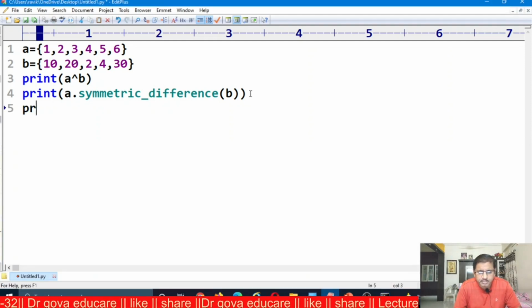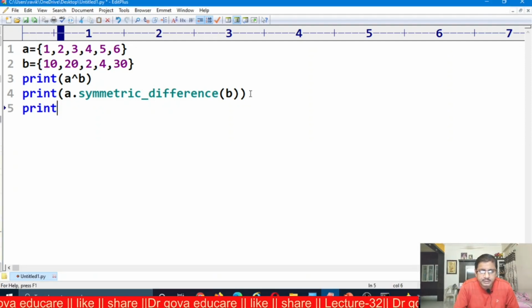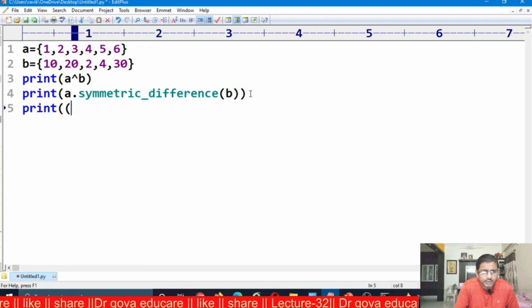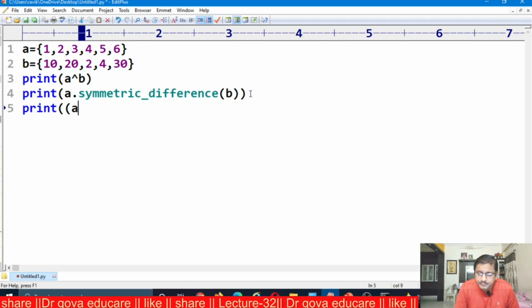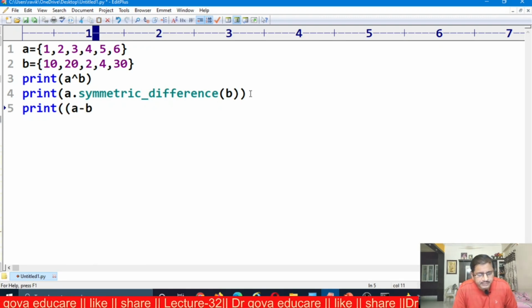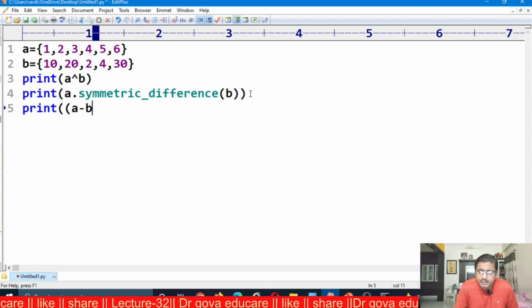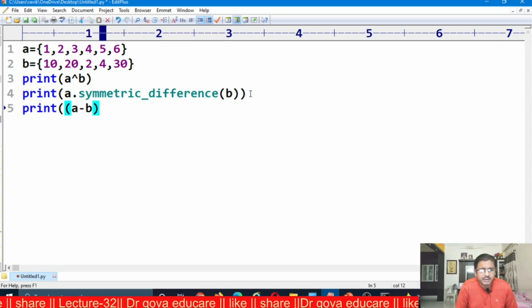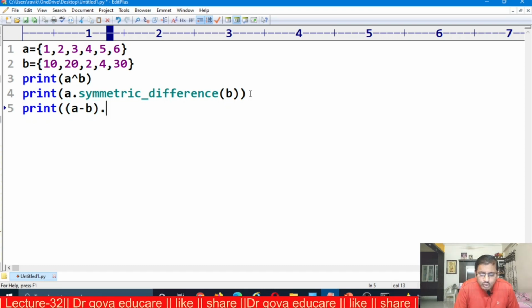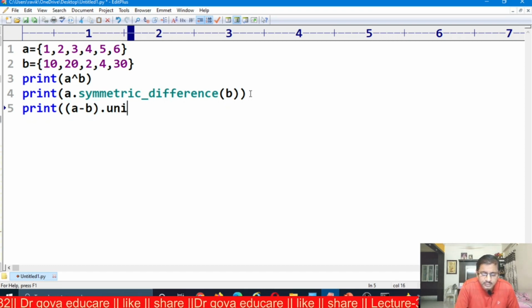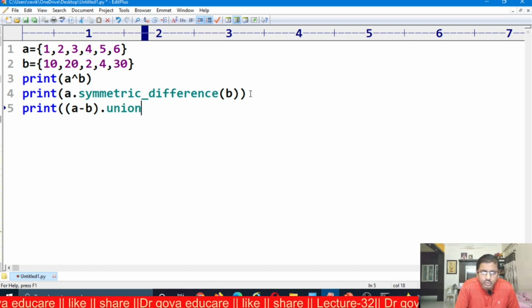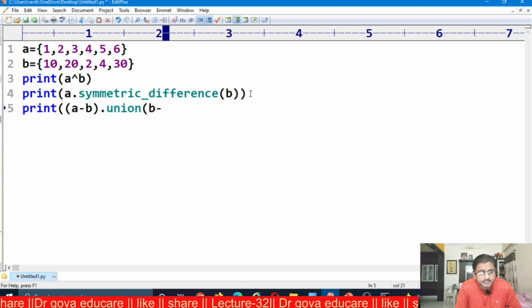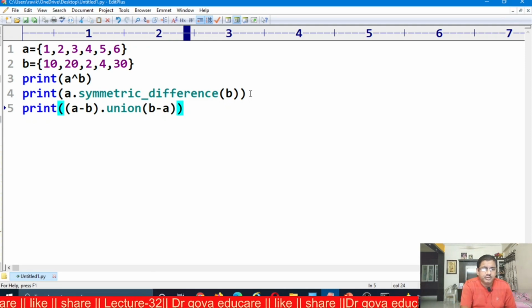Again I am using the formula: print of A minus B union B minus A. I am executing this.